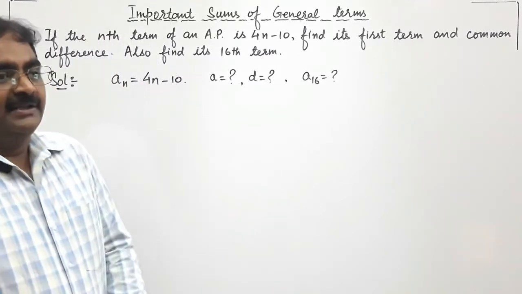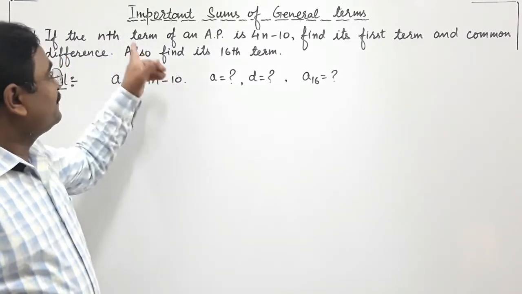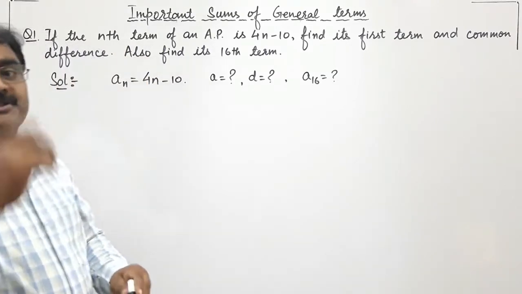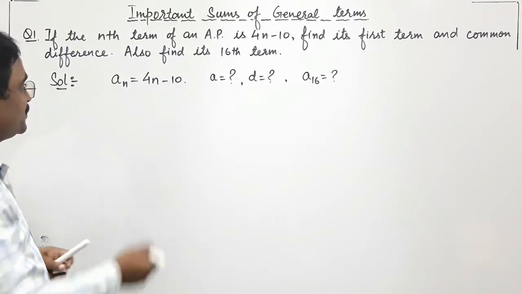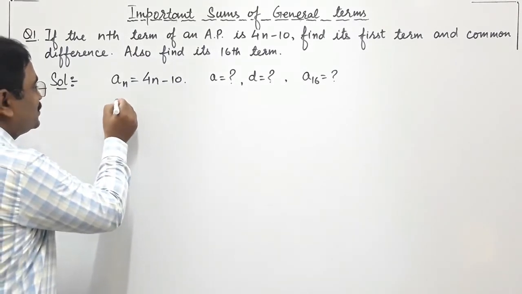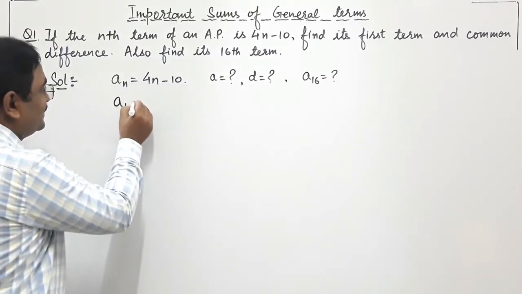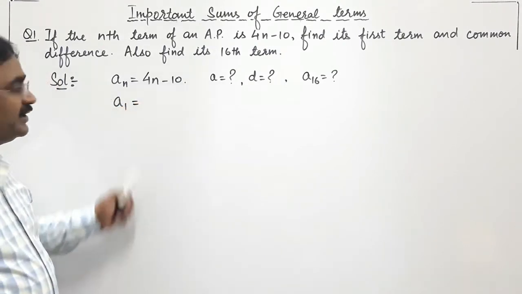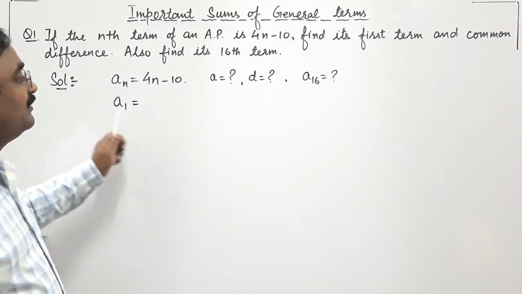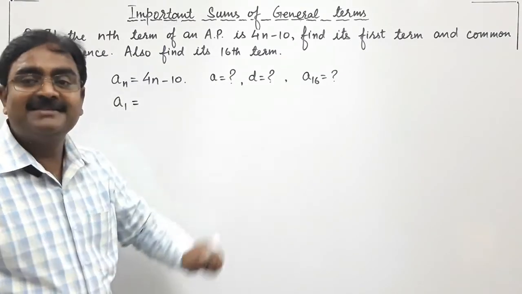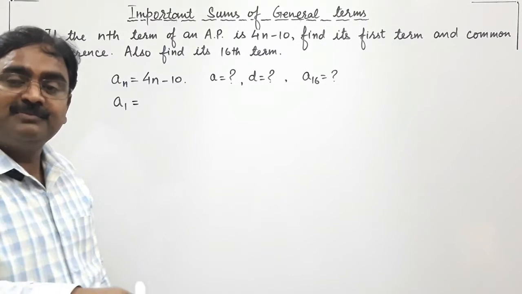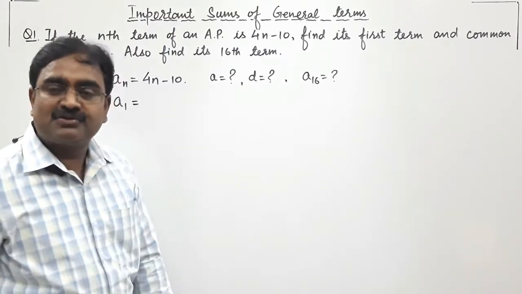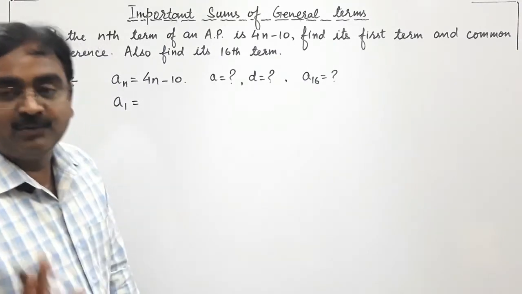So let us find it. What is given is a_n is equal to 4n minus 10, the general term, the nth term. So when you substitute n is equal to 1 in this, we get a1, which means the first term, and the first term is also known as a. इसी फर्स्ट टर्म को ही हम क्या कहते हैं, स्मॉल a कहते हैं. It can be written as a1 also, it can be written as small a also.